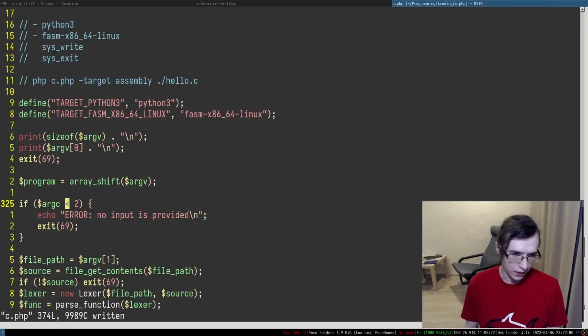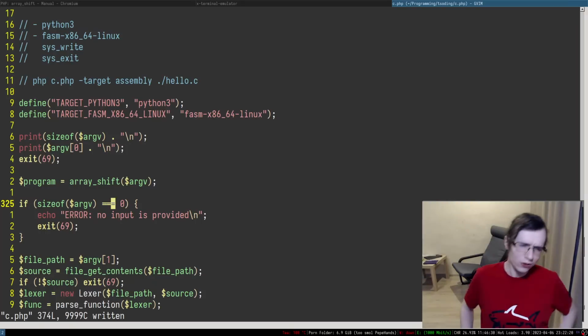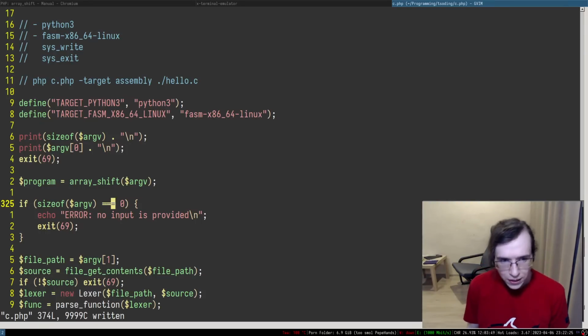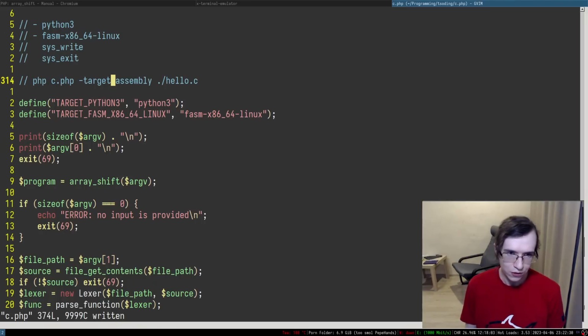Okay, so this is the program. In here, how can we check that we didn't provide any file input? We probably have to check for something like size of argv being equal to 0. If it's equal to 0, that means there's no input that was provided. But here is an interesting thing. We want to be able to provide the target regardless of its position within the command line arguments.